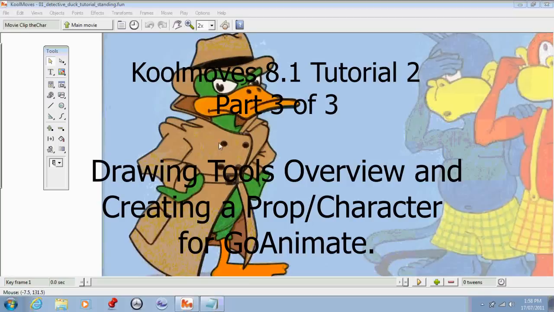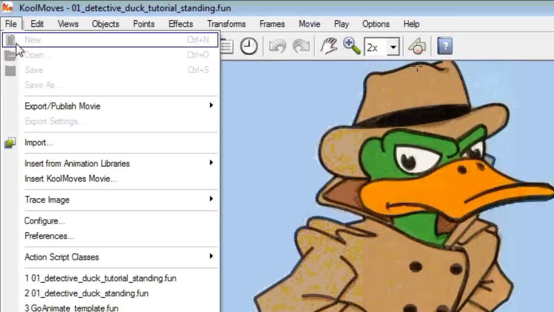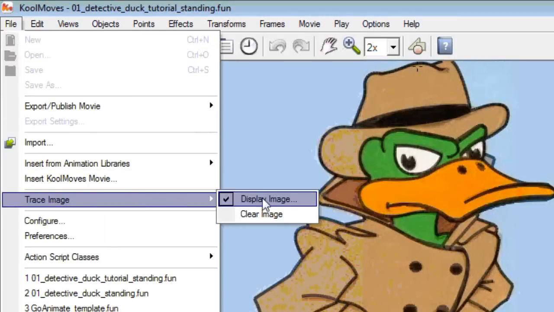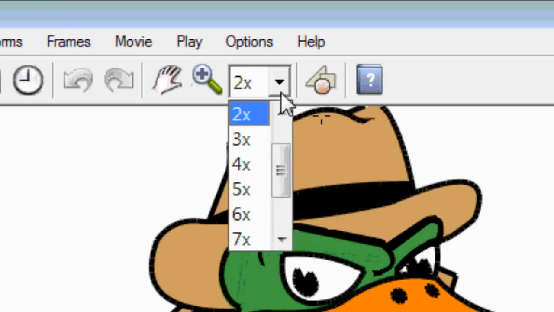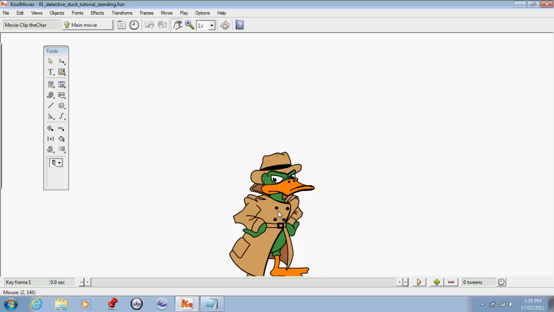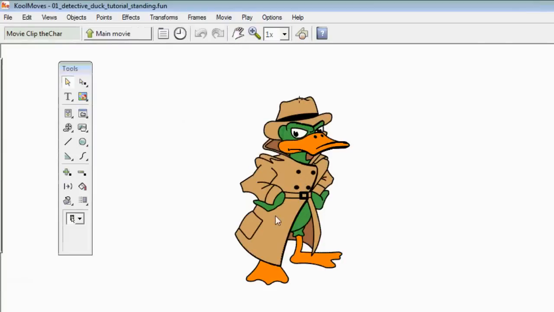So here we have my finished traced image of Detective Duck, and you'll see some of these lines I've used some of the line styles to make them a bit thicker, just to give him a sort of three-dimensional look. So if I get rid of the image that I've been tracing so you can see him properly, there he is there, and I'll zoom out a bit and center him so you can see him. So that's my Detective Duck character,